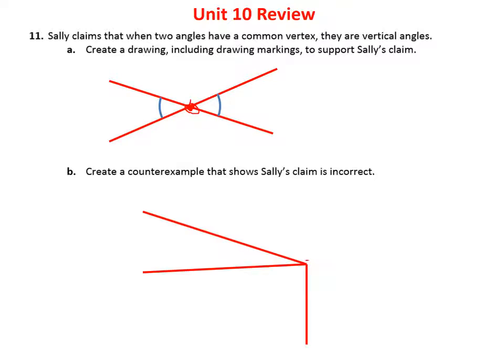However, I can easily draw a counterexample where that's not true. For example, here, these 2 angles have the same vertex here, right? But notice they're not equal to each other. I did that by giving different colors, but hopefully you can see they're not equal, and they're not vertical. They don't come across from each other. So in this case, we'd have to say that here's an example of where Sally's statement is true, but here's an example below in B where it's not true. So Sally's statement is a